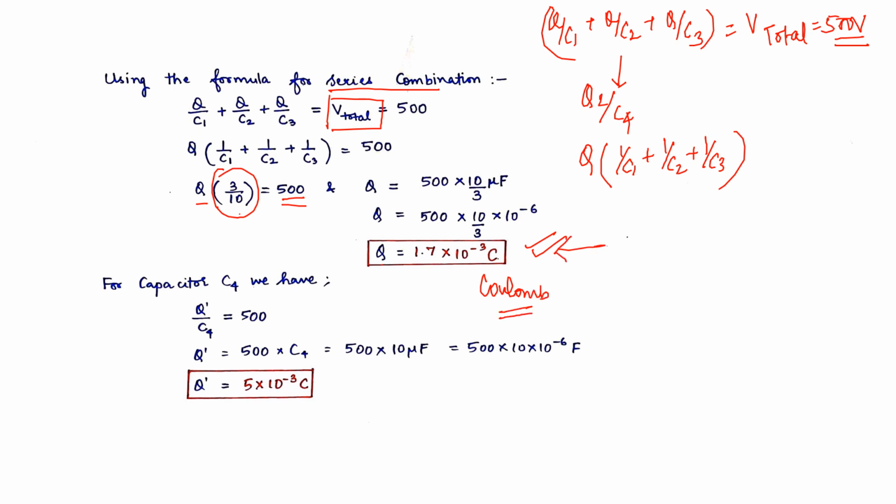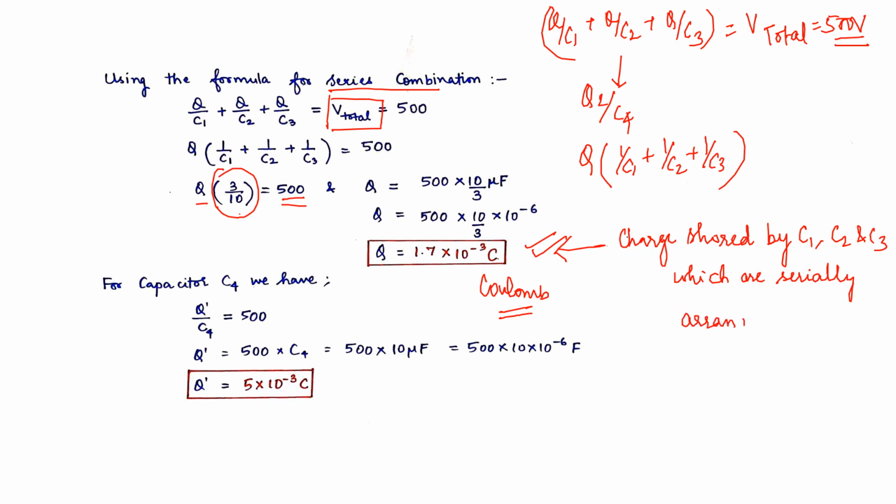So this is the charge stored by C1, C2 and C3, which are serially arranged. Now for capacitor 4, the charge is different,